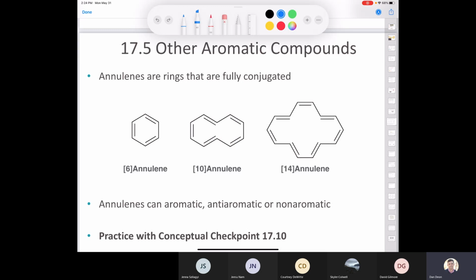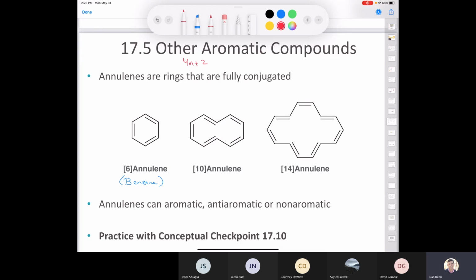And you can see here that we have 6-annulene, which is essentially benzene. And you know that benzene is an aromatic compound, right? It has an odd number of electron pairs, 1, 2, 3. It has a fully conjugated system, or a continuously overlapping system of p orbitals. However, in 10-annulene, when you look at that, you have 1, 2, 3, 4, 5. So we have an odd number of electron pairs. It also fulfills Huckel's number, 4n plus 2, where n is equal to 1,